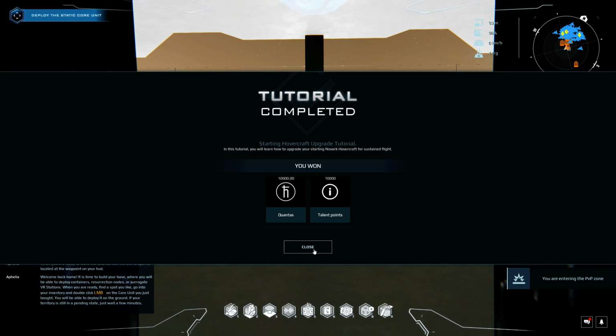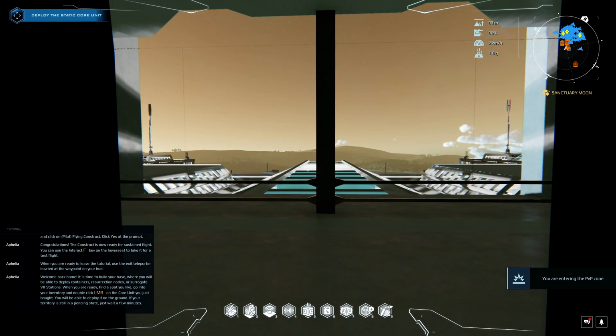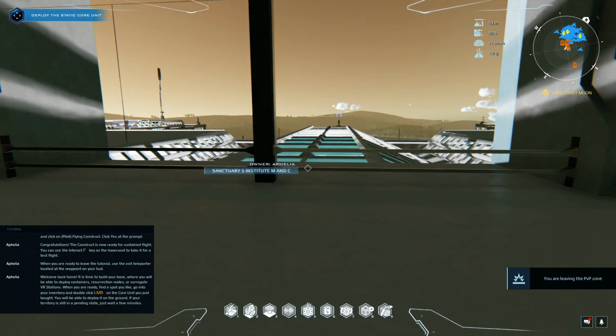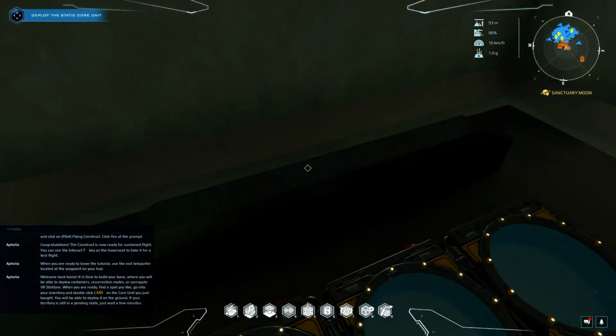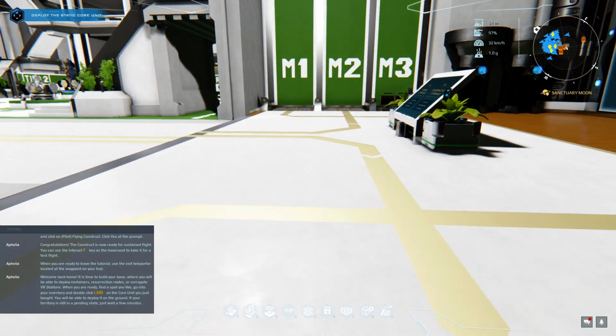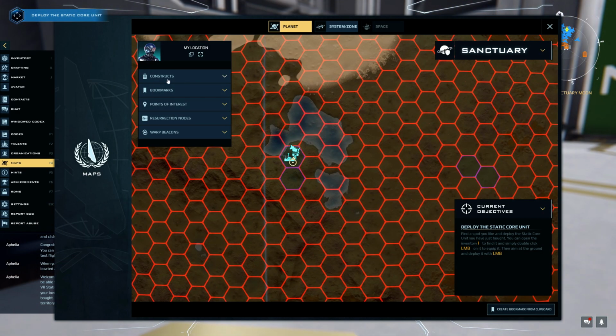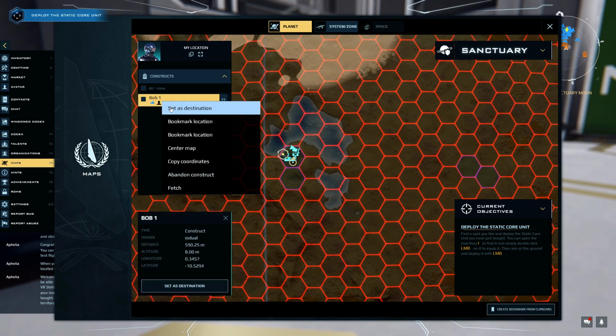Welcome back home. It is time to build your base, where you will be able to deploy containers, resurrection nodes, or surrogate VR stations. When you are ready, find a spot you like, go into your inventory and double-click on the core unit you just bought. You will be able to deploy it on the